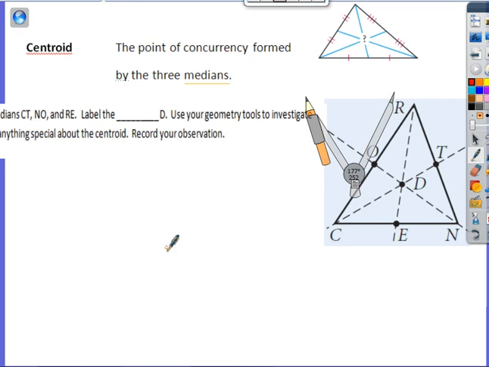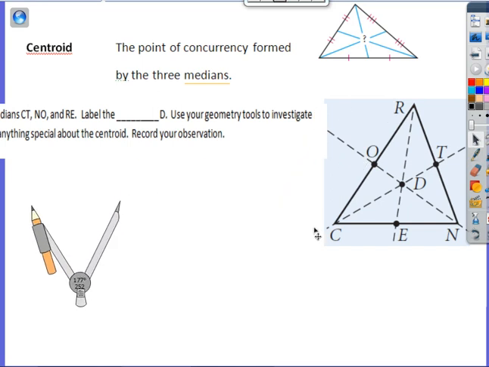And now what we have is a centroid, the point of concurrency formed by the 3 medians. I want you to write that as well. The centroid is the point of concurrency formed by the 3 medians. And here we have this triangle. You can just use your own triangle, but this RCN triangle is the one I'm going to